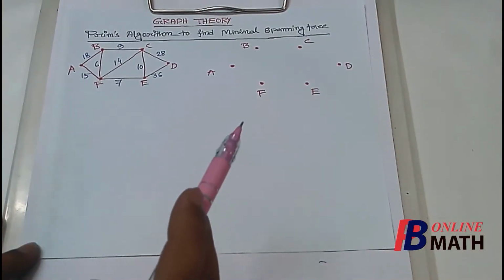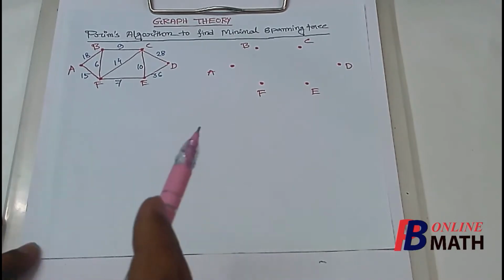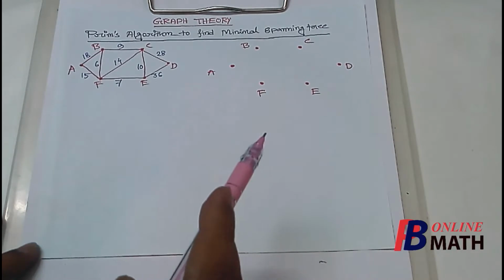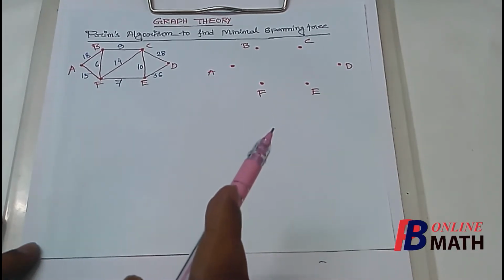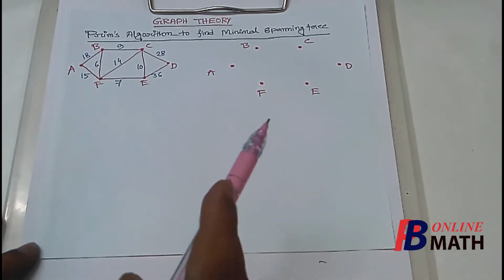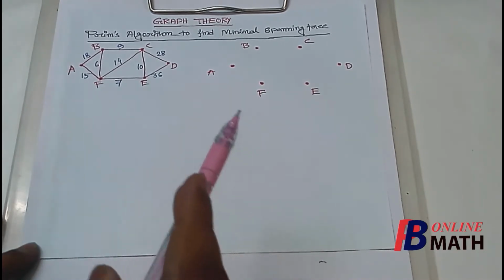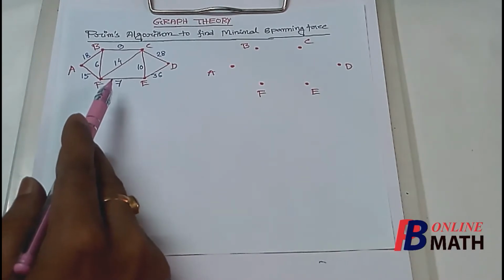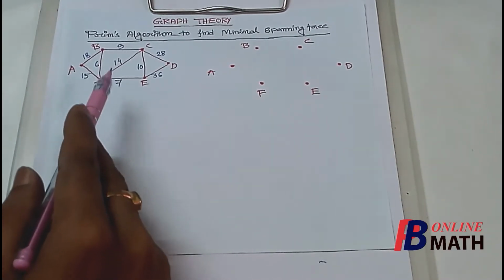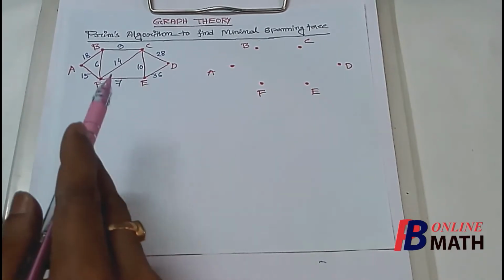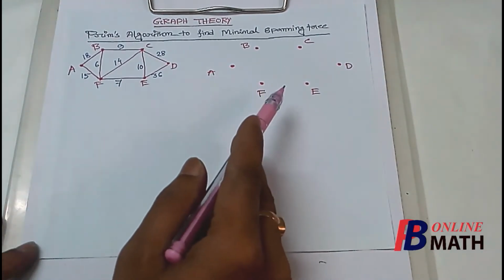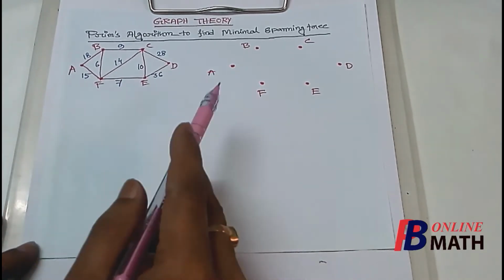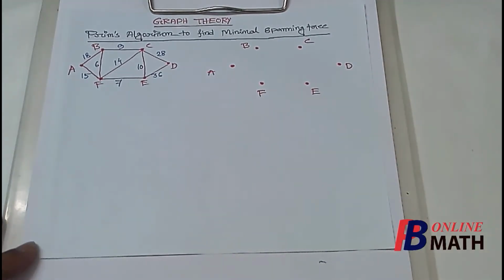So we have plotted all the vertices of this graph. The spanning tree will contain 6 vertices, and we know that a tree with 6 vertices can have exactly 6 minus 1, that is 5 edges. So we have to select 5 edges from this graph. Note that we have to select these 5 edges in such a manner that they form a tree, and also the weight of the tree will be minimum among the spanning trees. So let us start the algorithm.